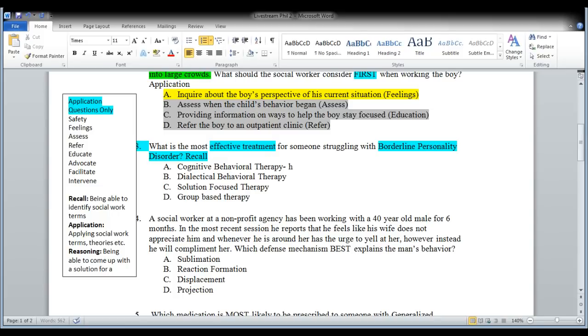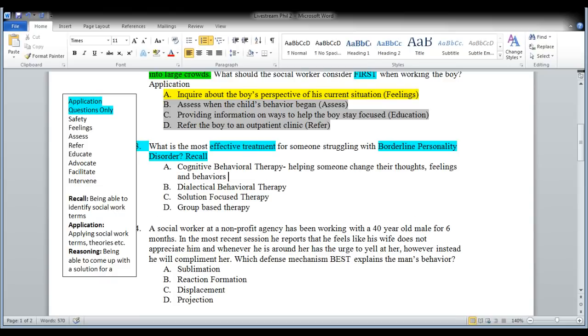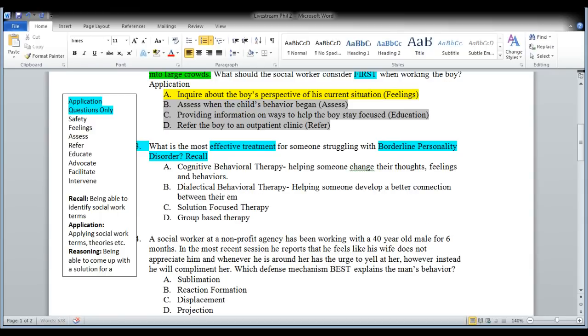So cognitive behavioral, helping someone change their thoughts, feelings, and behaviors. And the dialectical, helping someone develop a better connection between their emotional reaction and rational part of decision making. Solution focused, helping someone overcome a specific goal. And then group based is any treatment that involves a group